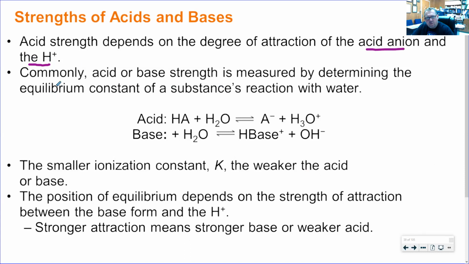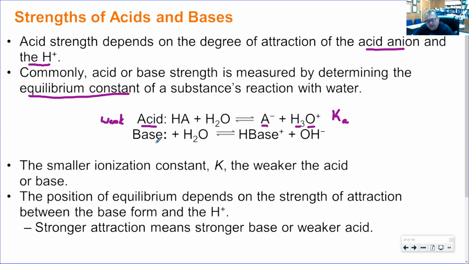And typically we determine the strength by looking at what the equilibrium dissociation constant is with that substance. So if it's an acid, I look at the magnitude of the K that would be describing the dissociation from the weak acid. So this is a weak acid losing that proton to form the conjugate base and the hydronium ion. And we call that value of that K the acid dissociation constant, Ka.